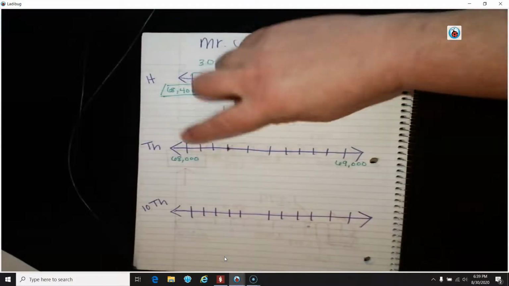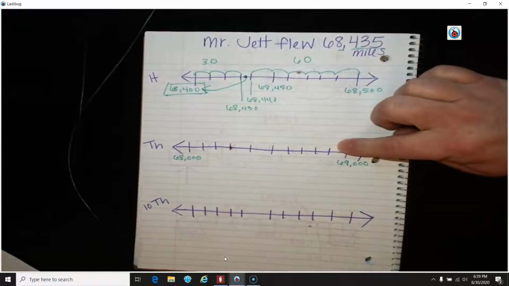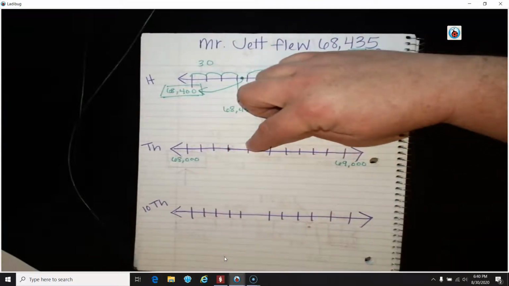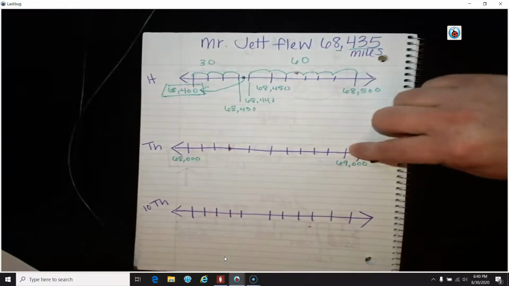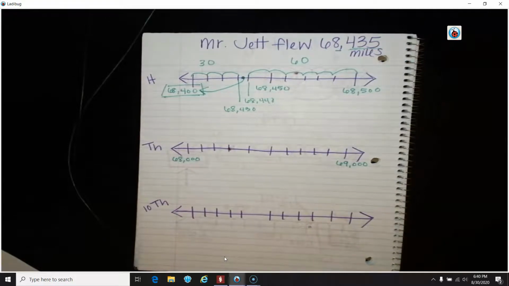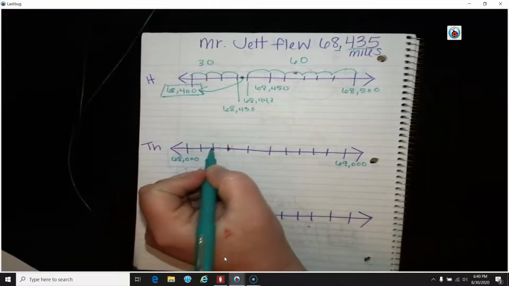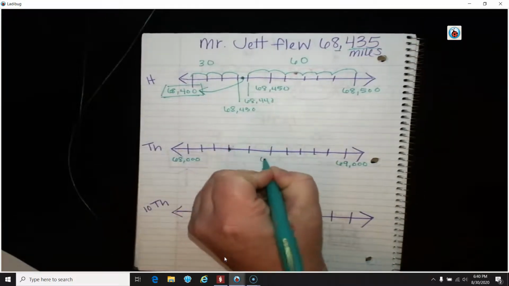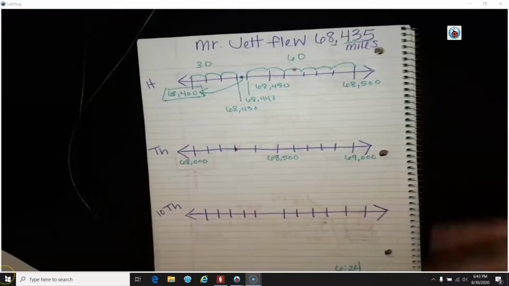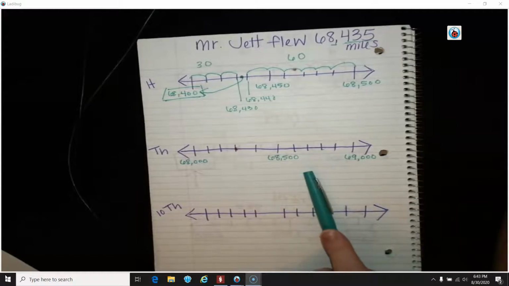And if I go up 1,000, I would be at 69,000. So now that I'm jumping 1,000 units on this number line, each of these sections is 100, okay? So in the middle, 1, 2, 3, 4, 5, we would have 68,500. If I'm thinking about this number line that covers 1,000 units, each space on my number line